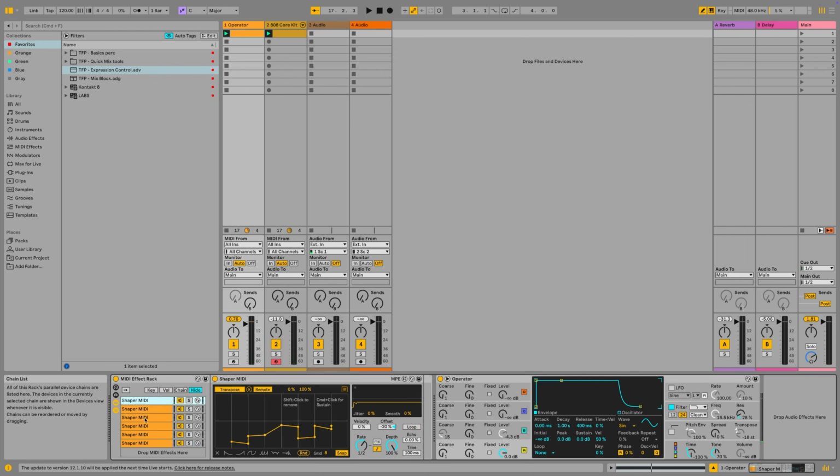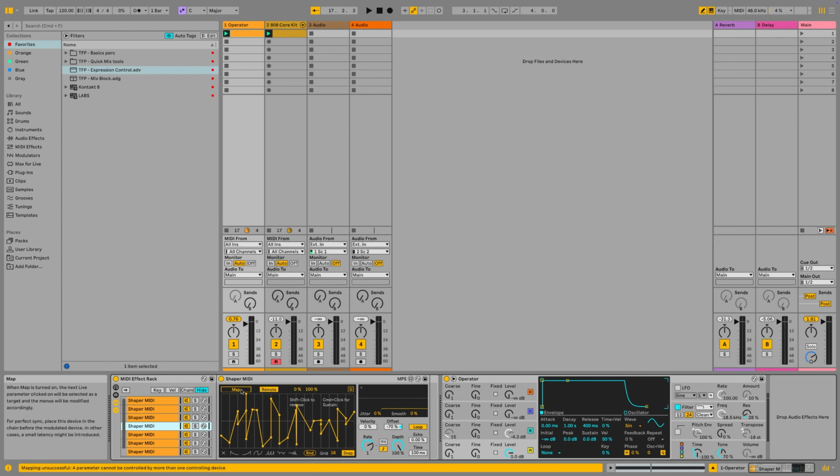Let's take this sequence, and then we copy that and we map that to the waveform here. So we keep